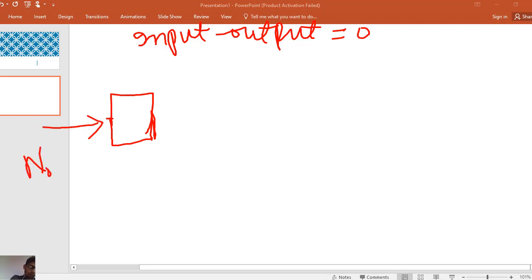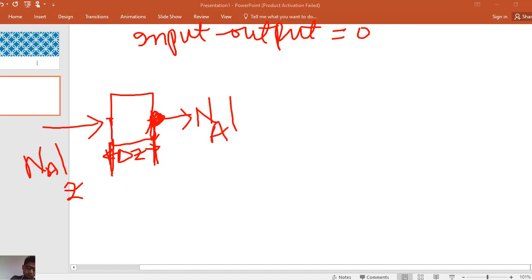flux of A at the z position, and this is the delta z thickness of the small element. The flux of A at this position is NA at z plus delta z, and the flux of A at this position is NA at z, which is this flux. So this is the input, and this was placed in